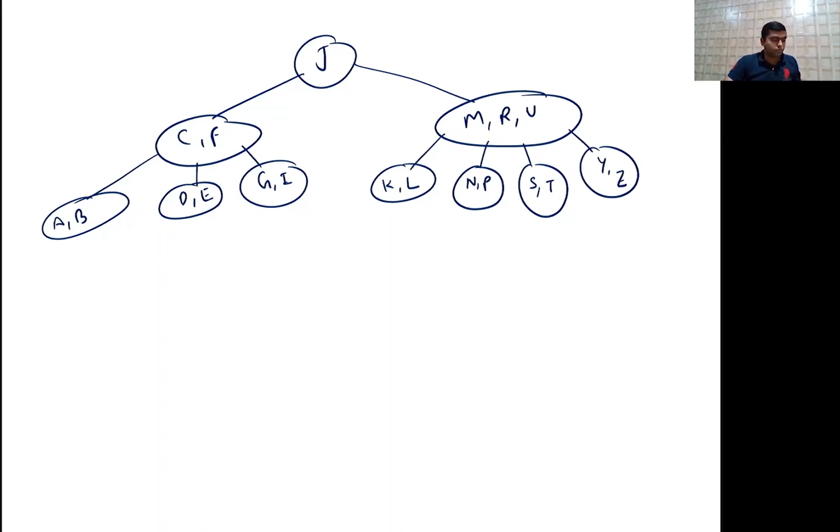Let us suppose we want to delete some value from this. So we want to delete C. Okay, so let us suppose we are deleting C. So just delete it, delete C. So what will happen in this case? If you delete C, C has gone. Okay, and if it will take from what? Sibling. So the sibling is there in the position to give. So what will happen in this case? Here it is what? Underflow.